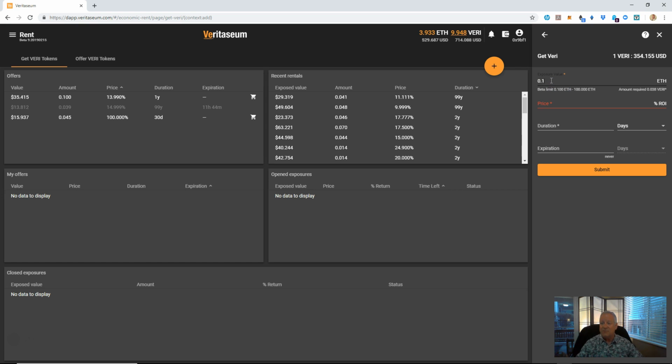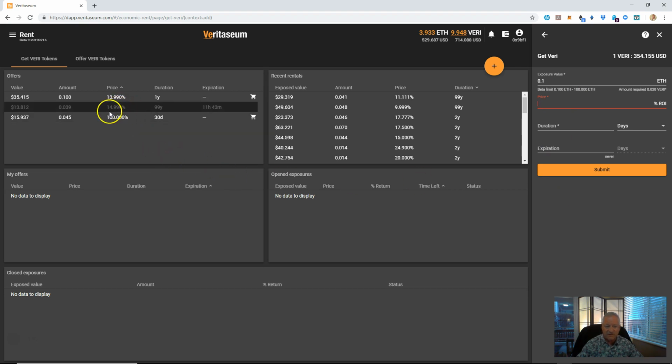So, okay, I want to put in an offer to get some Veri. We'll see that if I wanted to get 1 full Veri for an exposure, that equates to an exposure of $354. I don't. Let's go for a 0.1 Ethereum sized exposure, and an ROI